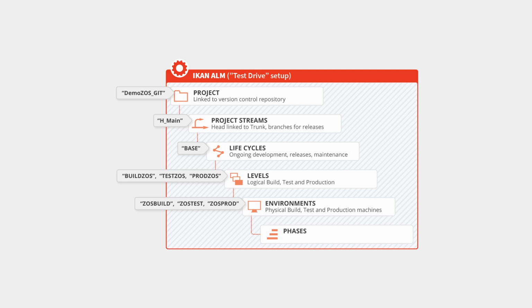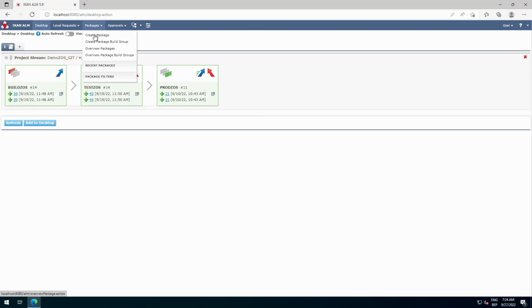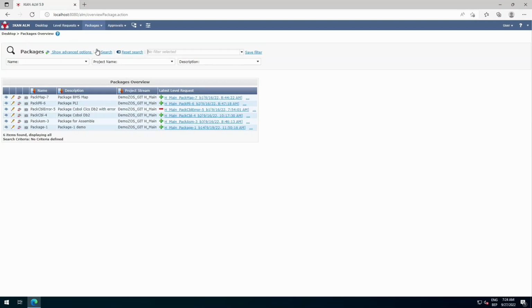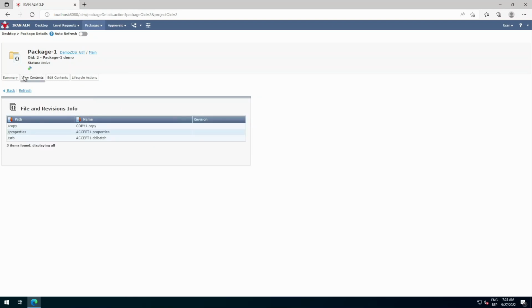First, let's look at what's inside the package that we are going to compile. In the top menu, click Packages, Overview Packages. On this new screen, we click the View icon in the Packages Overview pane. This will take us to the Package Details screen. As you can see, under the View Contents tab, we currently have 3 files in our package: